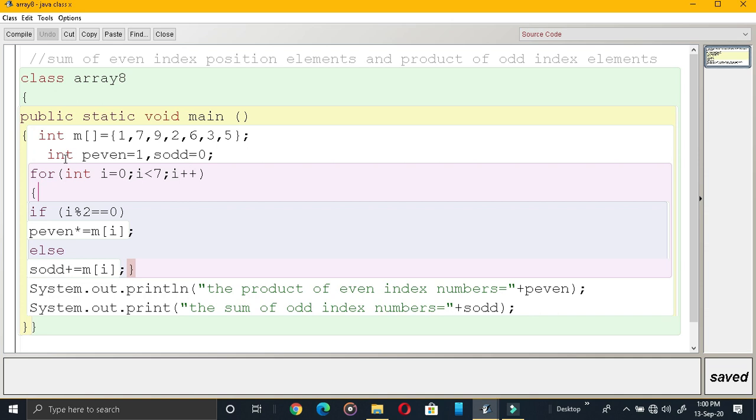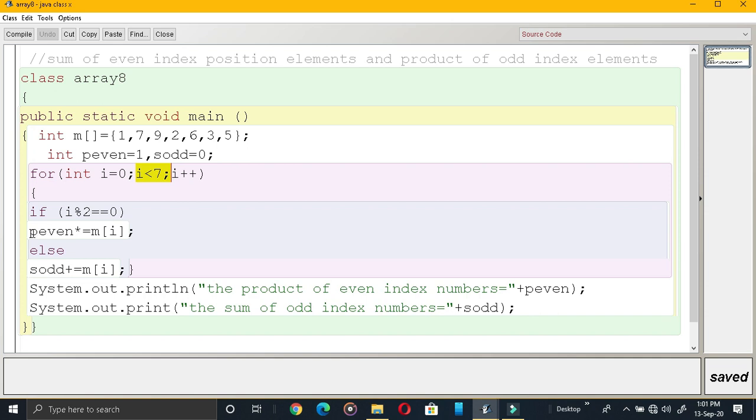See, look at here, int m of is equal to, these are the elements, these are fixed now, and in the product I have initialized to 1. You are knowing what is the reason, because when you multiply numbers you need to keep the initialization as 1, otherwise you will get the answer as 0, that's why. Addition I kept as usual 0 itself. These are two variables. Now look at the length of the array. There is no need of calculating the length. You can count it. 1, 2, 3, 4, 5, 6, 7 elements are there. That's why less than 7, 0 to less than 7.